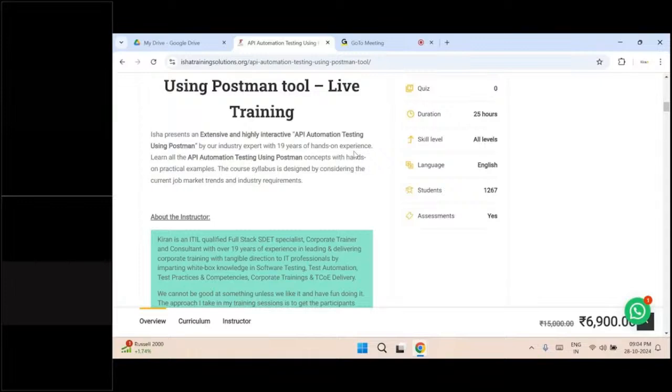tool and Catalan Studio tool. On the performance testing side, I have the expertise to work with Gatling tool and JMeter tool. On the security testing, I have been doing this using tools like Burp Suite, OWASP ZAP (Zed Attack Proxy), then Network Mapper, SQL Mapper. On the DevOps side, I have been working on tools like Git, GitHub, GitLab, Jenkins, Bitbucket, SourceTree,